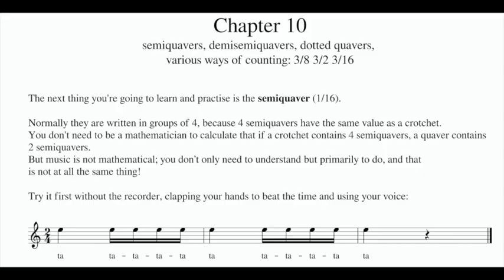Oh, chapter 10. We have a lot of things to learn today. Semiquavers, demi-semiquavers, dotted quavers, various ways of counting. The next thing you are going to learn and practice is the semiquaver, 1/16. Normally they are written in groups of 4 because 4 semiquavers have the same value as a crochet. You don't need to be a mathematician to calculate that if a crochet contains 4 semiquavers, a quaver contains 2